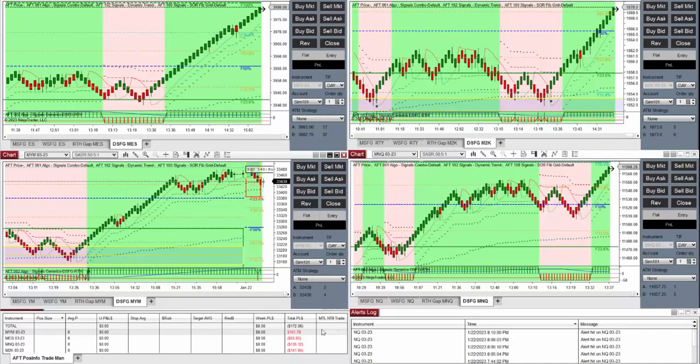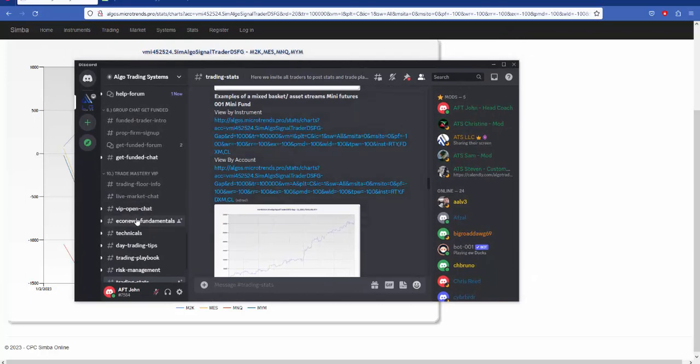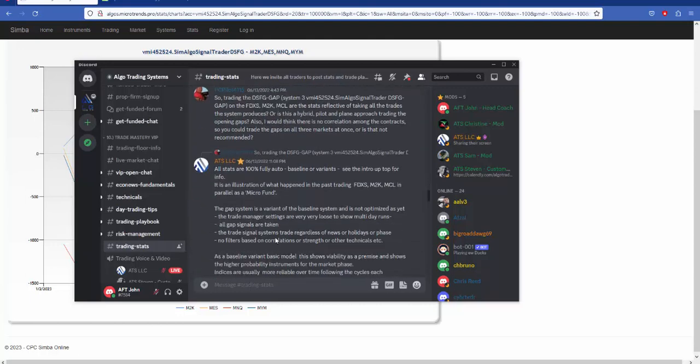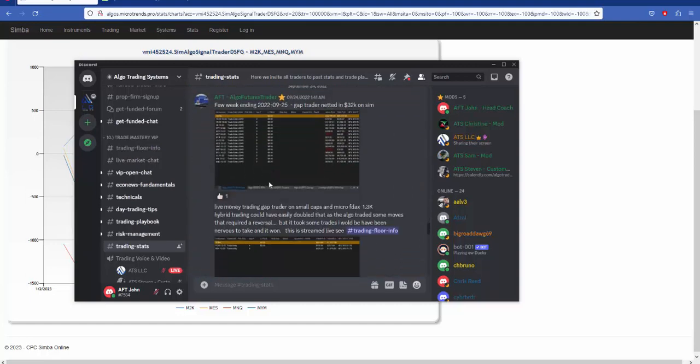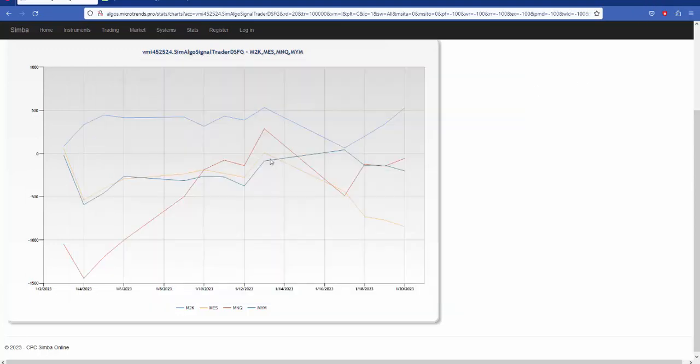But I'll show you the raw data, and we keep stats here, so you can come to our Discord server here. And we have the trading stats here. If you click on that, this page pops up and you can go through all the stats. We keep the stats for the trading room, so like here, stats from the trading room for August, but all the other stats for all the systems that we run, including the breakout system that you see and all the different markets. And so this is just for January. This is the opening morning session breakout. And you can see the